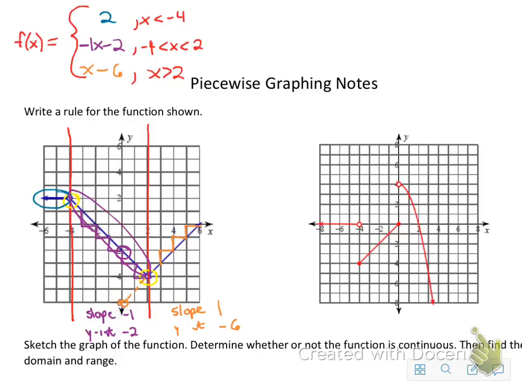Now on this one on the right, you can see that the pieces aren't all together. And so when you find your pieces, we're going to cut the graph where the breaks are. So for instance, right here, because we're going from one function to another, at -4, and then right here at 0. So when we write our equation,